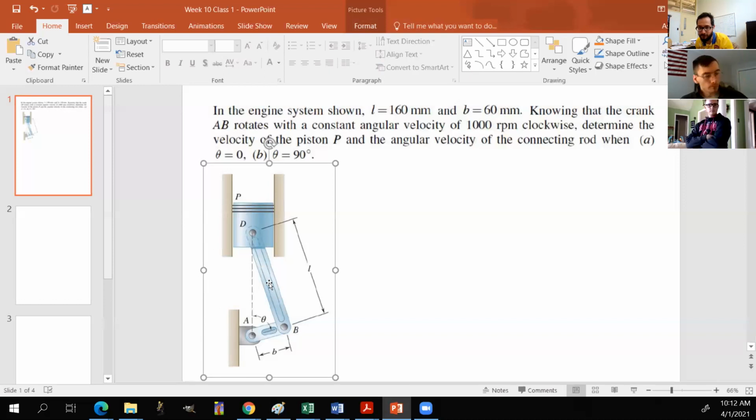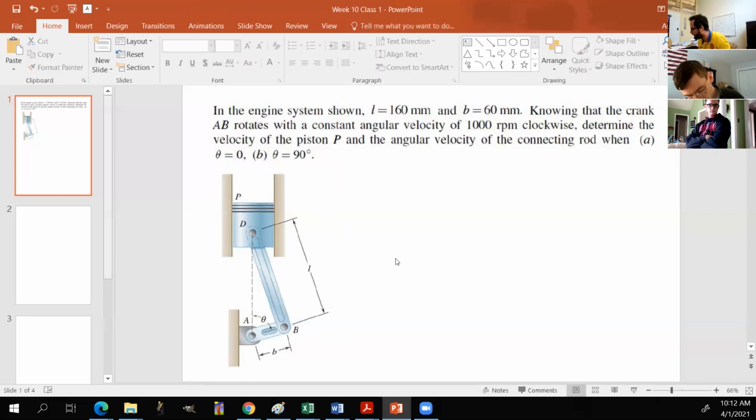It's a piston, basically how cars work. Actually, it's the other way around. You're converting translational motion into rotational motion. This is basically how pistons work. All right, so in this question, you're told that the length of link DB is L, and you're told that that's equal to 160